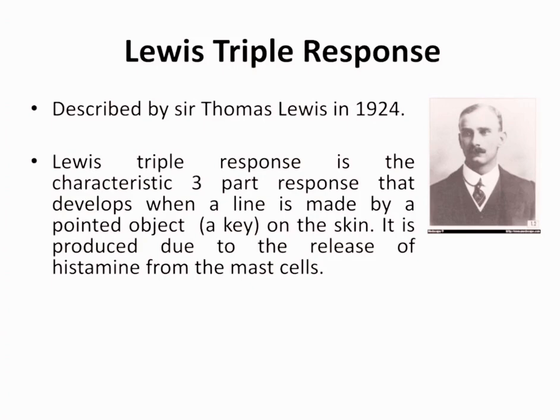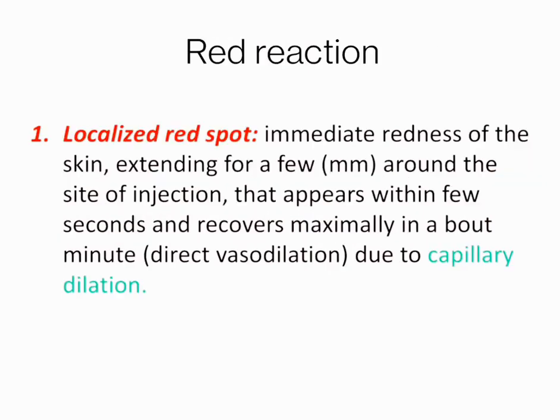Triple response is the characteristic three-part response that develops when a line is made by a pointed object on the skin. It is produced due to the release of chemicals like histamine from the mast cells of the body. And now,